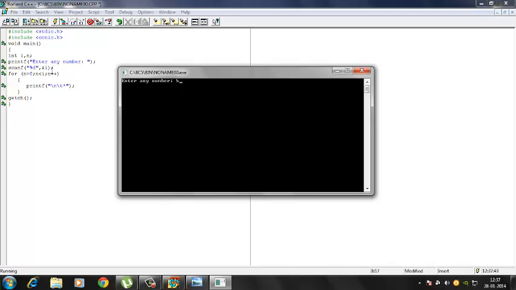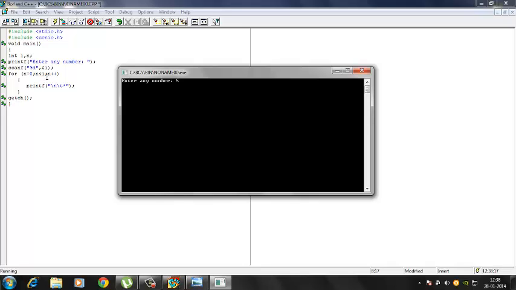So this 5 would be stored in the address of this I variable. And now when we press enter, this for loop will be executed. That is, it will start from n is equal to 0, and it will come up to this printf statement, and I've given a \n for a new line and a \t for going 8 places to the right, and then we're going to print a star. So at first n is equal to 0, so it will print a star. Once again, it will go up, it will increment n by 1, which becomes 1,